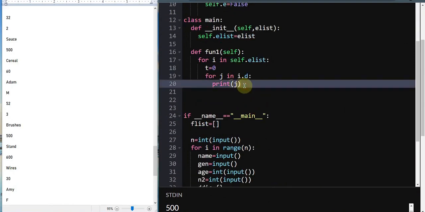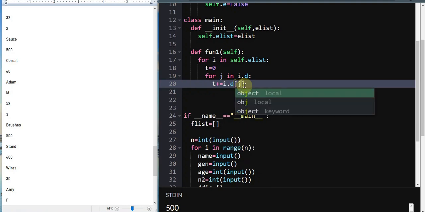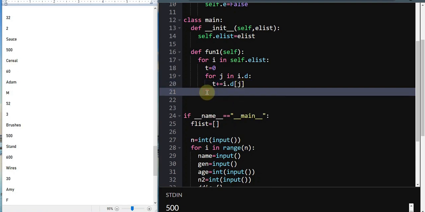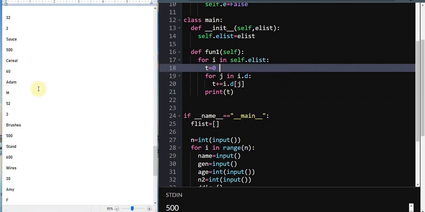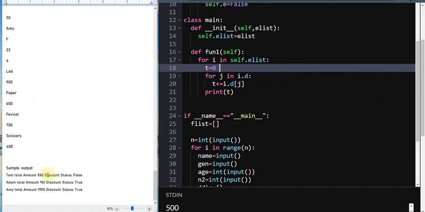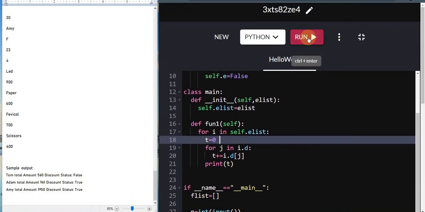So here we're going to get the total. So t plus equals I dot d of j. Here I'm going to print the value of t for you guys. Print t. By this, we are just calculating the total amount of each person, how much they bought. Now I'm just running it,